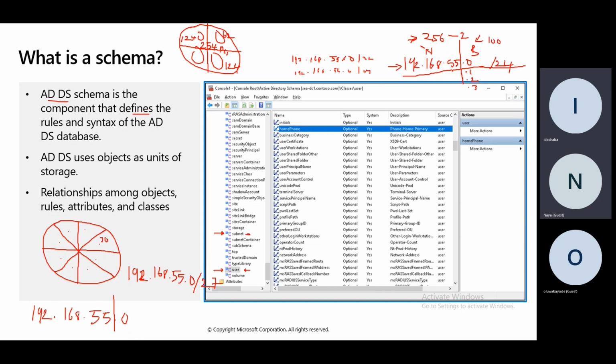Now, I told you, because your company has 100 staff, and you now have 8 departments in your company, you cannot put all computers to be talking to each other at the same time. So all computers within departments have to be grouped together under a subnet.